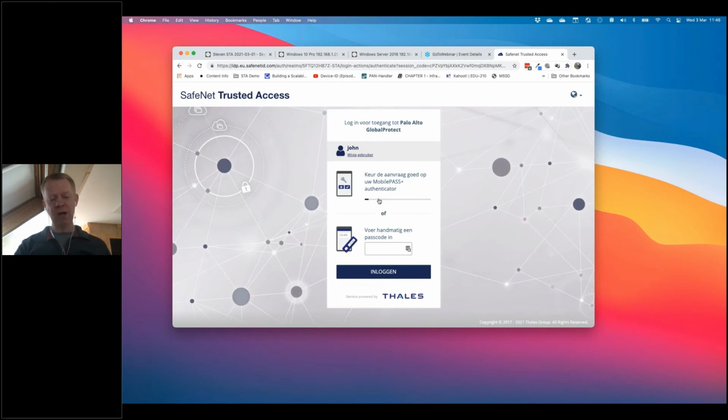Okay, I receive now a push notification on my phone. I don't know if you see it, but I just have to click on approve, Face ID,